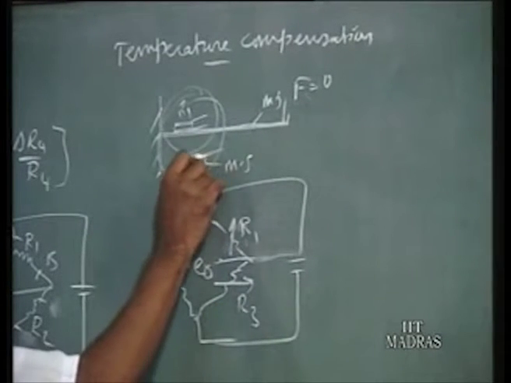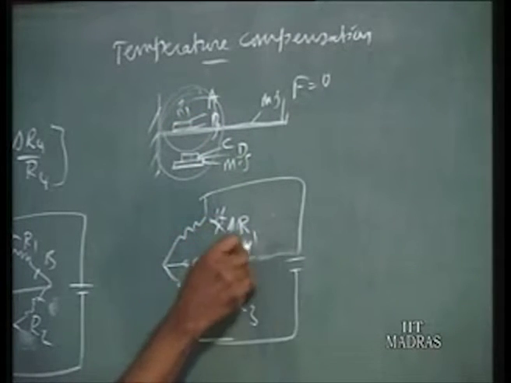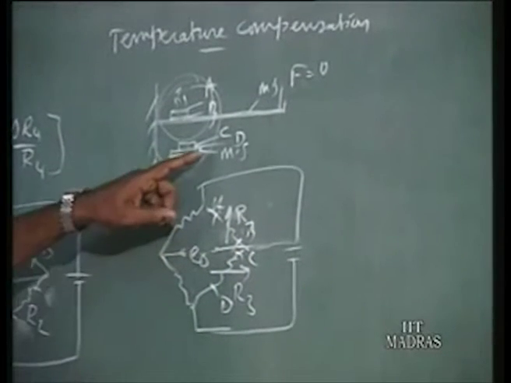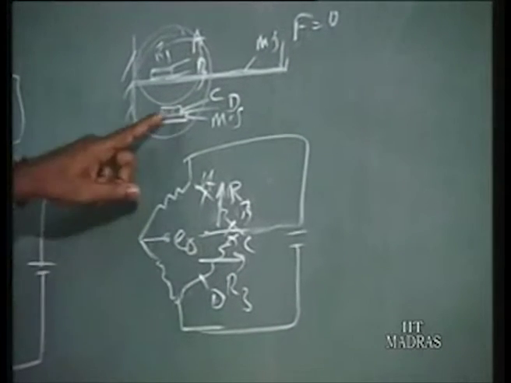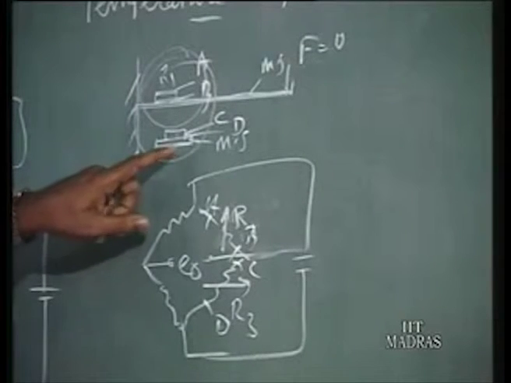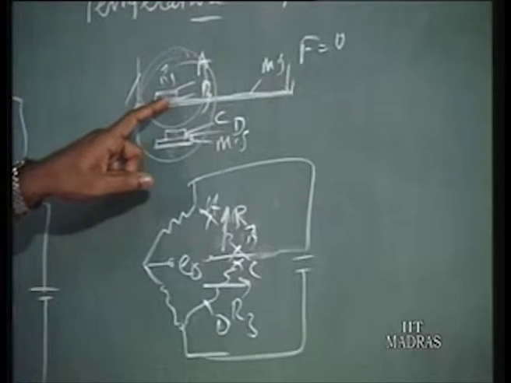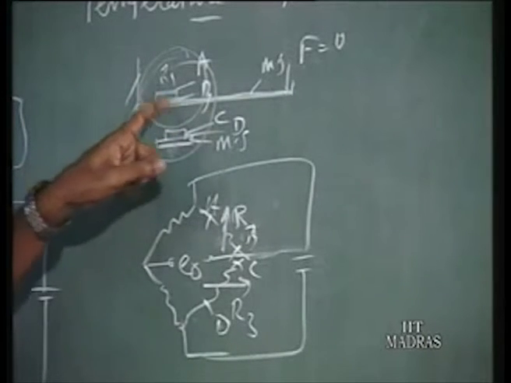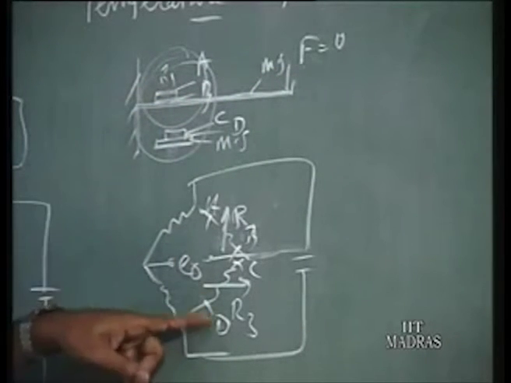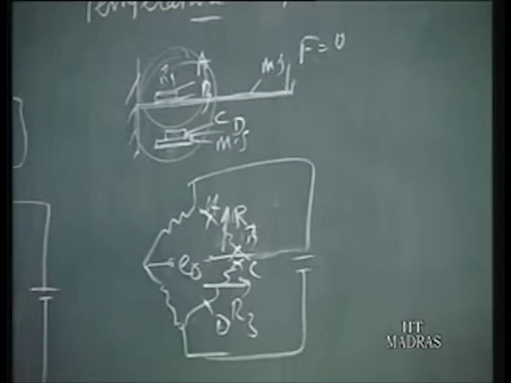That is, this terminal will be C and D, this terminal AB. So now AB is the terminal of this and CD is the terminal for the compensating strain gauge. It has no load, it is just a dummy piece, that's why it is called a dummy strain gauge. It is not loaded, so the resistance change will be only due to temperature. Here there will be resistance change due to temperature as well as F. But the temperature component, since they are in adjacent arms, gets cancelled out. Whatever output we get in such a bridge is only due to F. That is, we are compensated for the temperature effect.